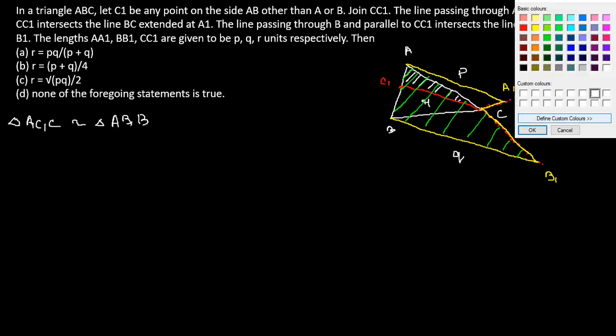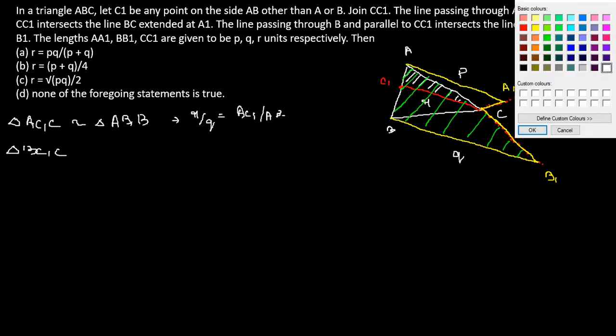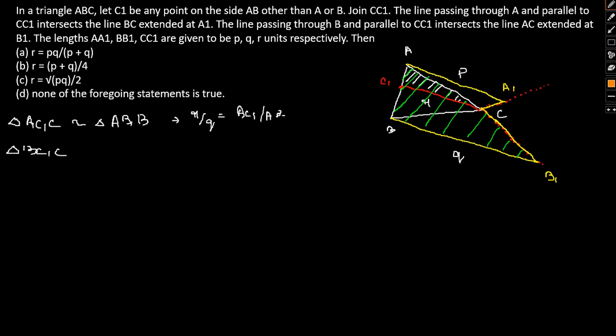Therefore we can write R by Q equal to AC1 by AB. Again, triangle BC1C, this particular triangle, is similar to triangle